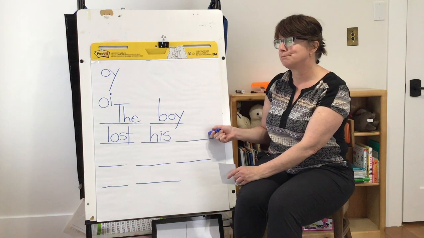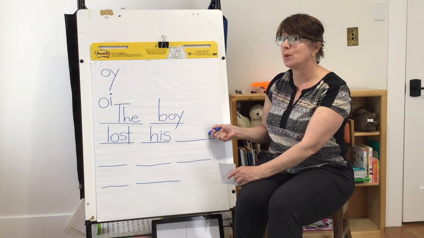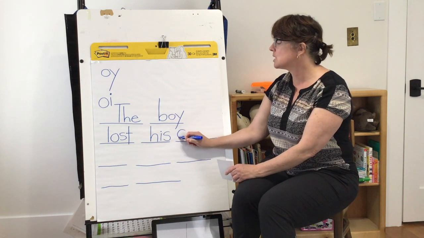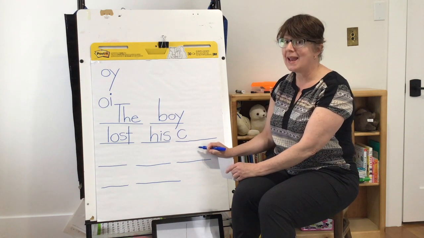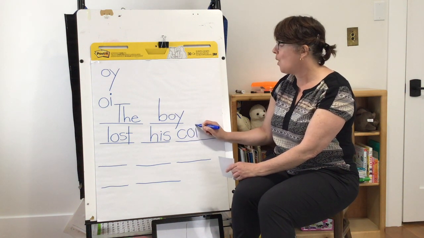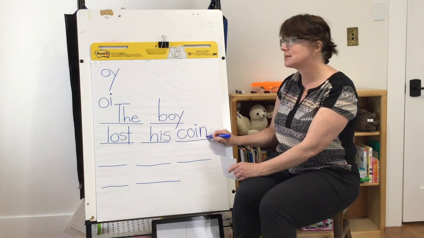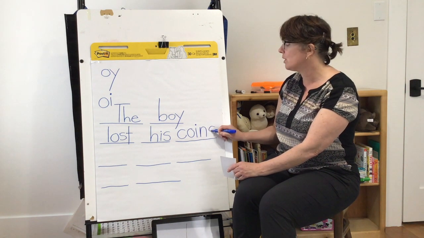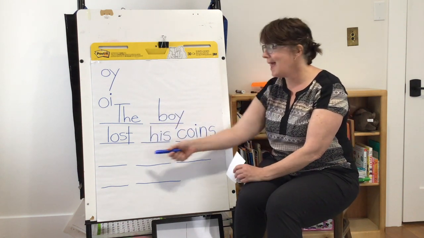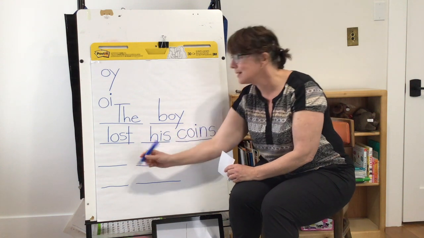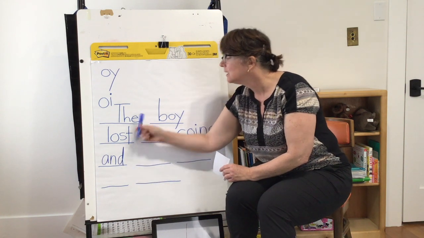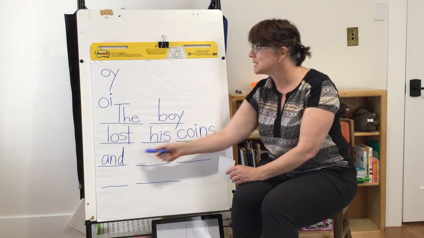coins. Oi. This is the one that we just practiced with our oi. So let's figure this out. Oins. So I hear oi in the middle of the word. Oi. Hey, he must have lost more than one coin. The boy lost his coins and, I know how to write and. The boy lost his coins and